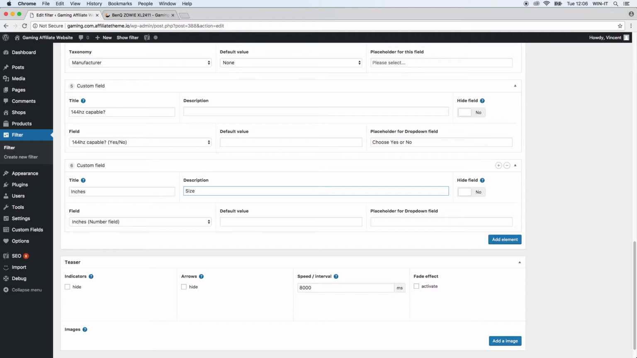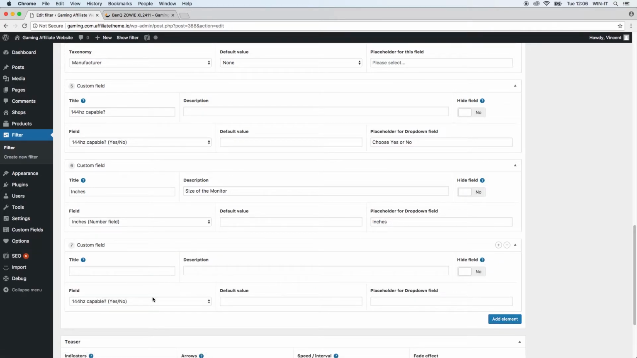Let's just say it's the size of the monitor. We don't need either of those two. Well, maybe for the placeholder we can just say inches again. And let's add the last one, which was resolution. And this will again be a drop-down field. So this will be resolution,